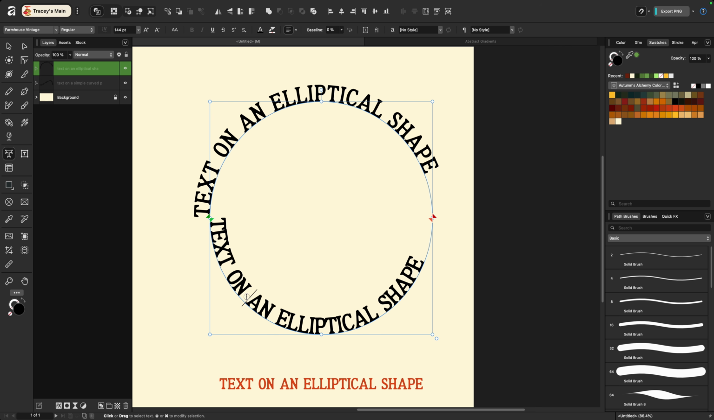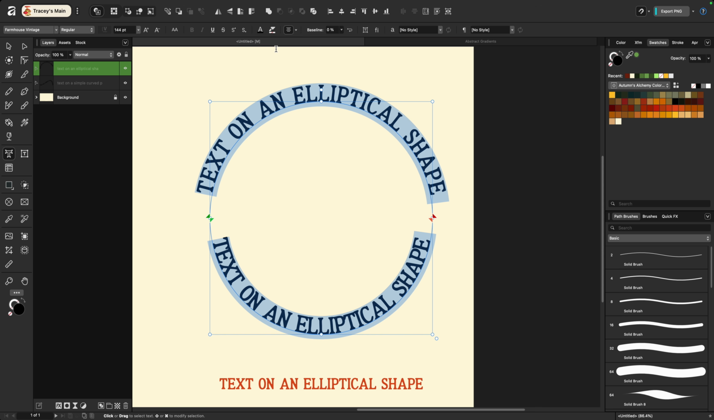So what I'm going to do instead is click into my text, Command A to select all of my text, and I'm going to go up to the contextual menu at the top here and choose Center Align. Now I'm almost there, but you can see that my bottom line of text is kind of squished, and it's because it's on the inside of the shape. I want it to run along the outside just like the top,